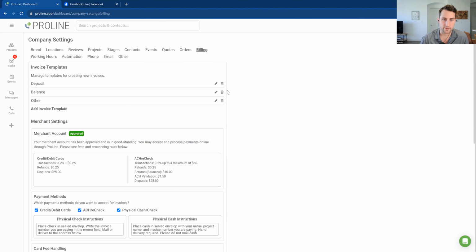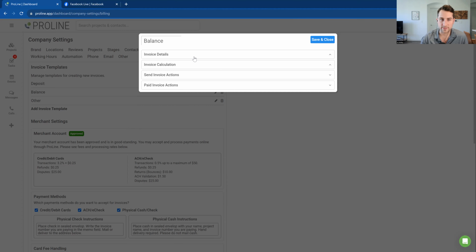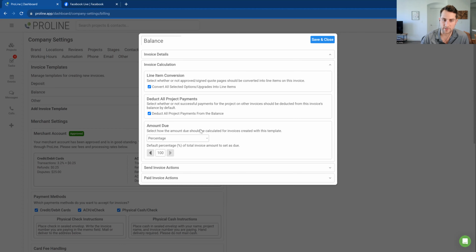All right. And then for balance, this is going to look exactly the same as the deposit one, except instead of it being deposits for the amount due, it is 100%. So whatever is remaining that hasn't been paid yet. And again, with this selected, if the deposit was paid, then the deposit amount is going to count towards this